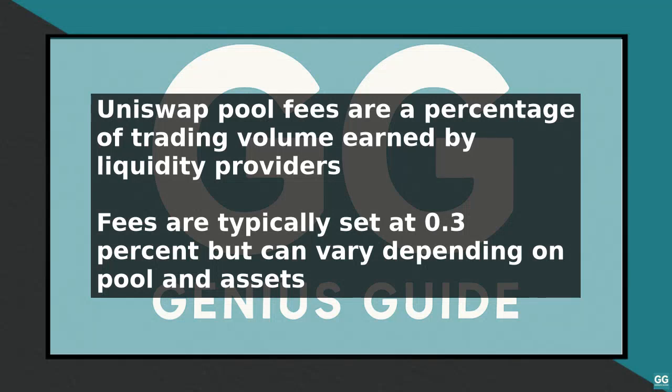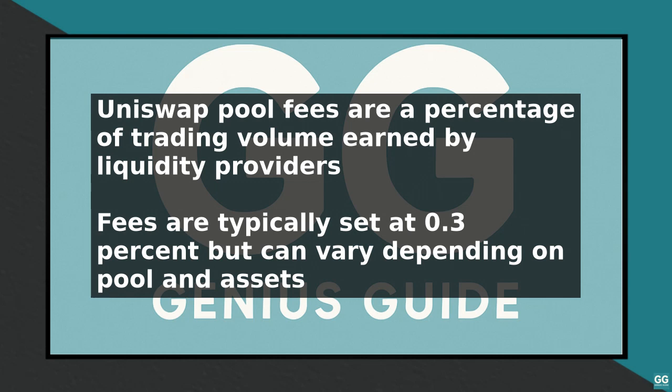To troubleshoot Uniswap pool fees, start by understanding what they are and how they are calculated. Uniswap pool fees are a percentage of the trading volume that liquidity providers earn for providing liquidity to the pool. The fees are typically set at 0.3% for most pools, but can vary depending on the specific pool and the